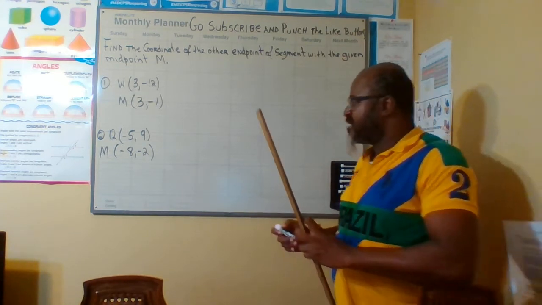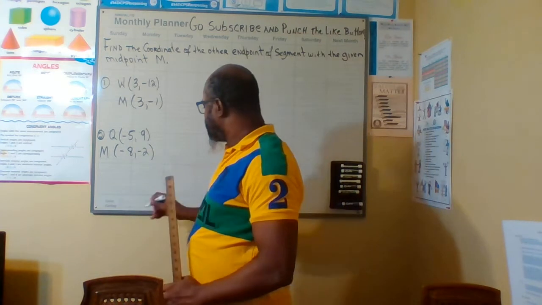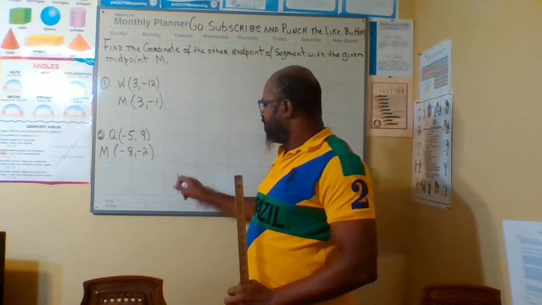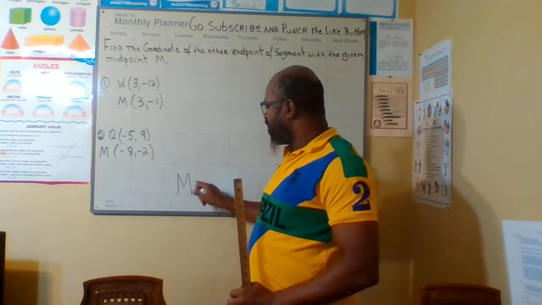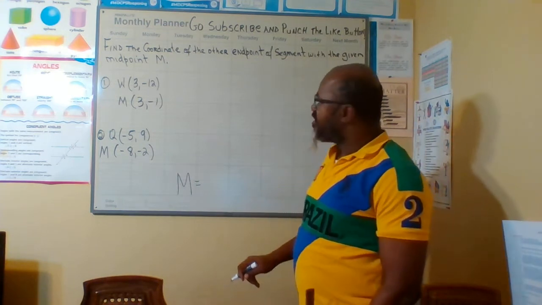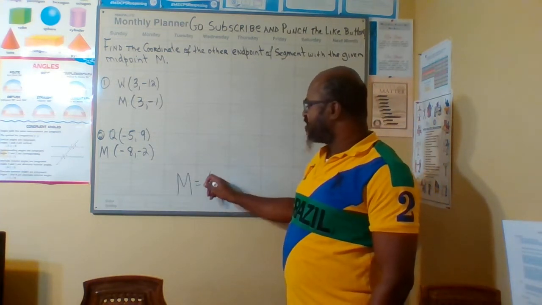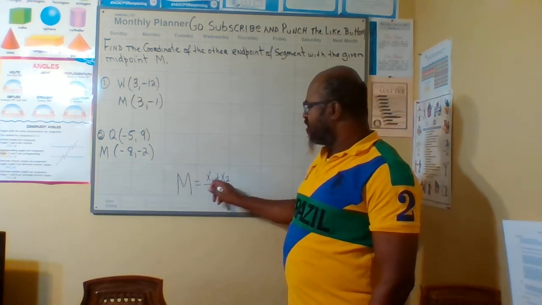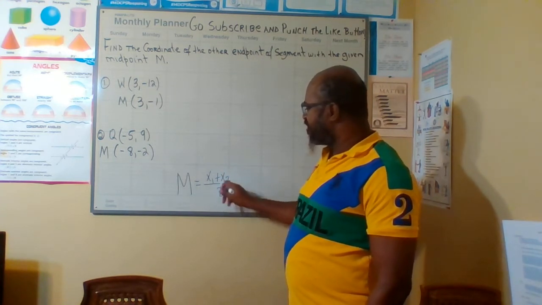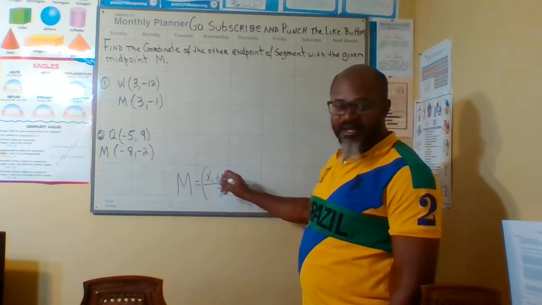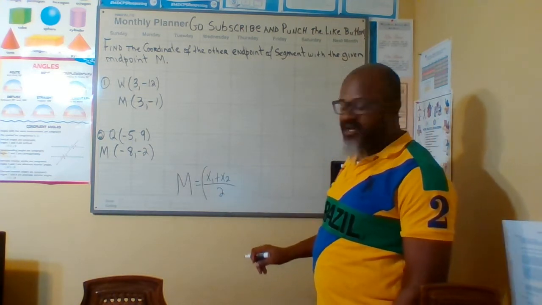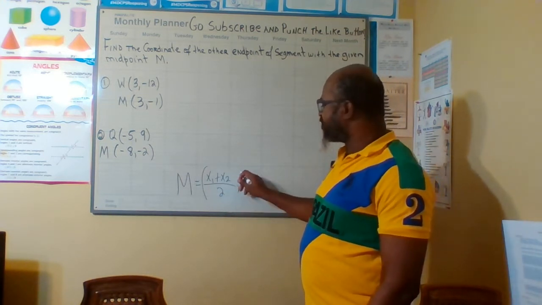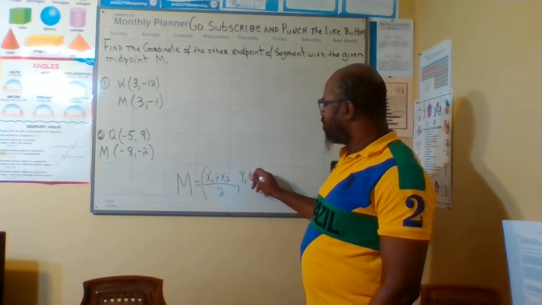So remember that you have a midpoint formula. The midpoint formula is M, capital M, where you have to find the average of the x coordinates, which is x1 plus x2, then you divide by 2, so you're looking for the average. There are two x coordinates, you find the sum of the x coordinates and you divide by 2, comma, y1 plus